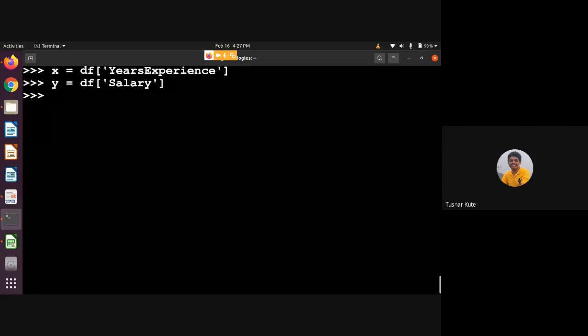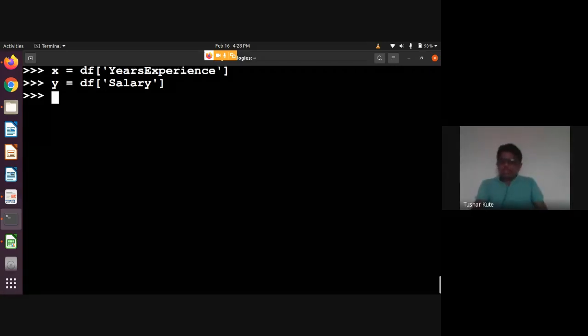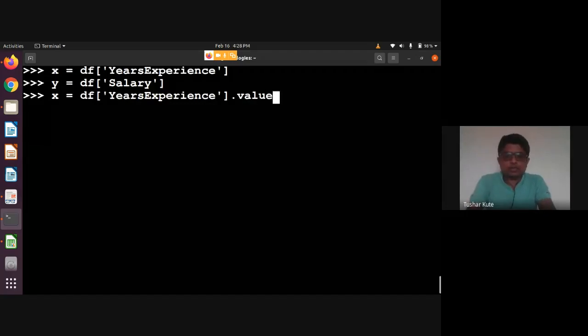Now I want to build the statistical model of linear regression. All programming languages contain libraries to work on that. The linear regression library in Python is called linear regression, and in R it's called linear model. The terminologies are common. Linear model and linear regression are the same, just different names given here. So X and Y I have separated. Now I want to build the regression model. Basically, I need to transform this data.